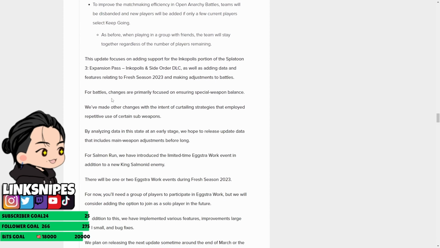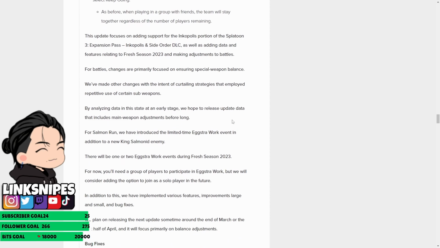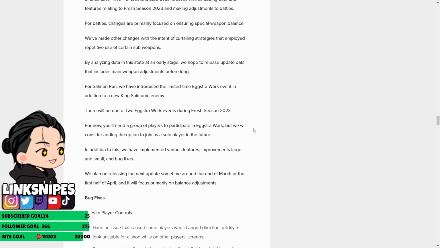For battles, changes are primarily focused on ensuring special weapon balance. We've made other changes with the intent of curtailing strategies that employed repetitive use of certain sub weapons. For real though, like sprinklers in the Splatfest. By analyzing data in this state at an early stage, we hope to release update data that includes main weapon adjustments before long. For Salmon Run, we have introduced the limited time extra work event in addition to a new